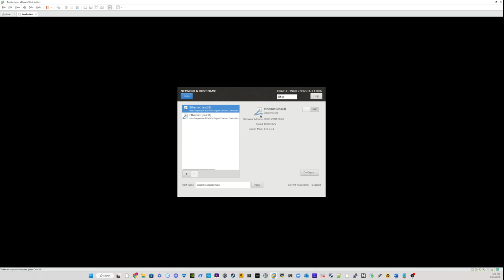If you also remember, we set up two types of network. One is the host only type of network, and the other one is NAT network. So here they both show up as ENS33 and ENS34. Go ahead and just power them on one after the other. And see, it's obtaining a new IP address, which is good. Go to 34, do the same thing. Make sure they obtain an IP address. All right. See, now you have a private host only IP address, and we also have a NAT network IP